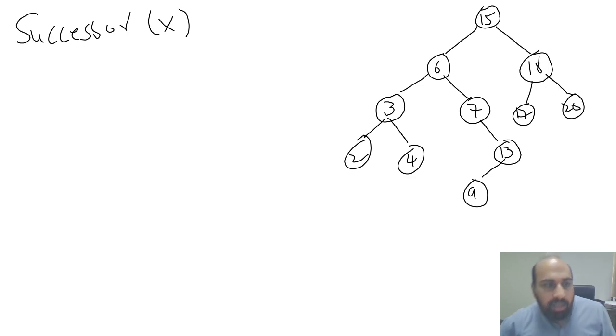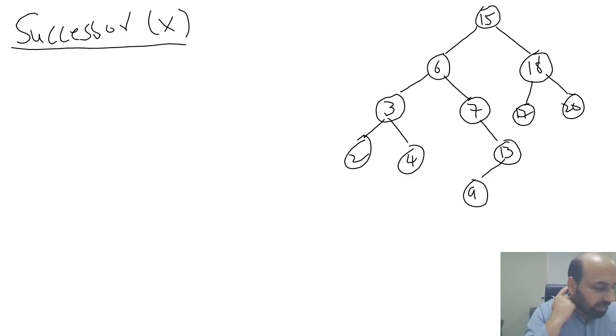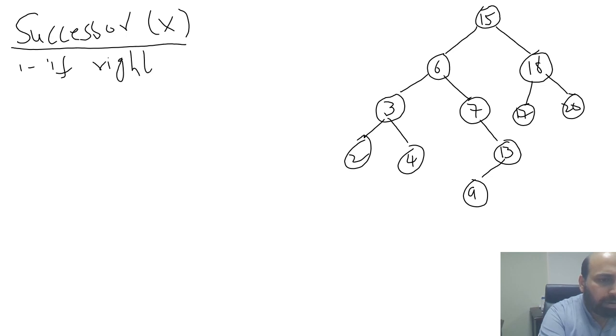Simple, right? So let's write the algorithm. The logic is clear. I think you can write the algorithm. So let's write the algorithm, how we can do that. So step number one. First of all, let me check if X has a right child or not, right subtree or not. So how I can check: if right of X is not equal to nil,